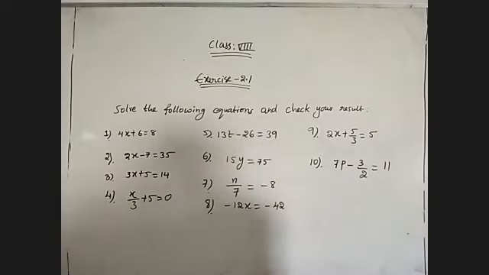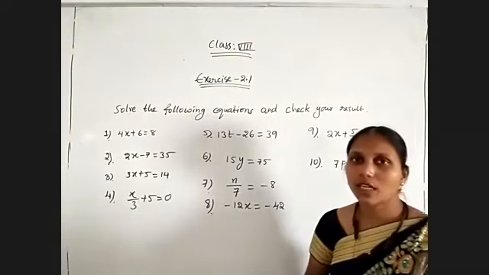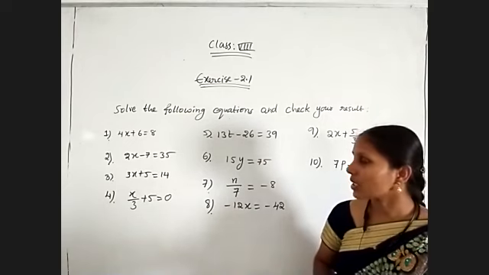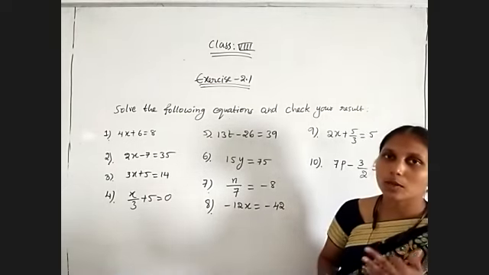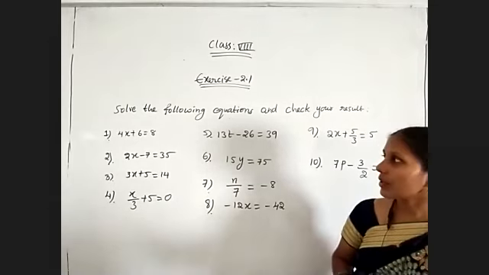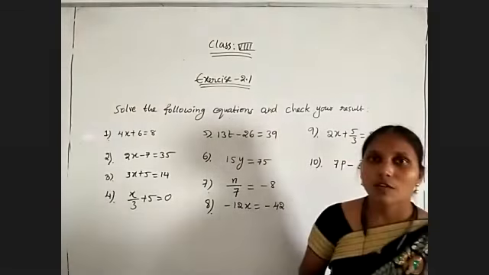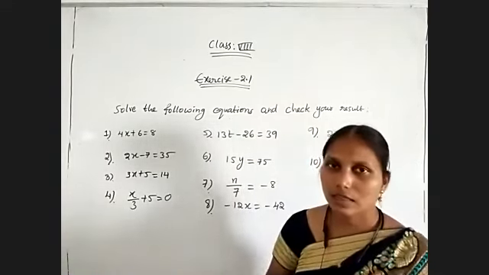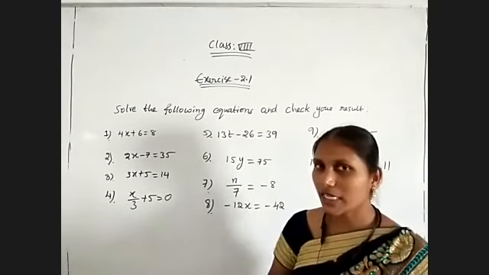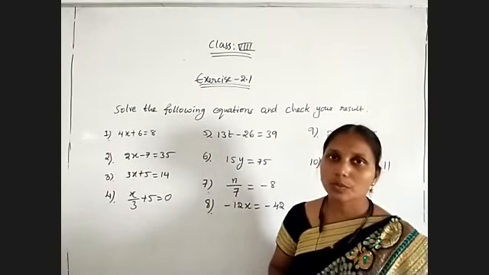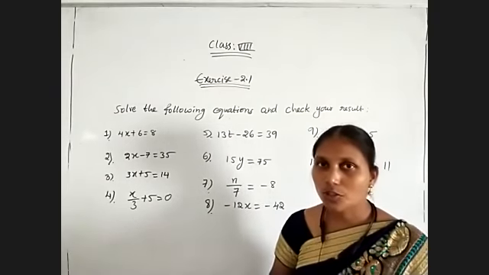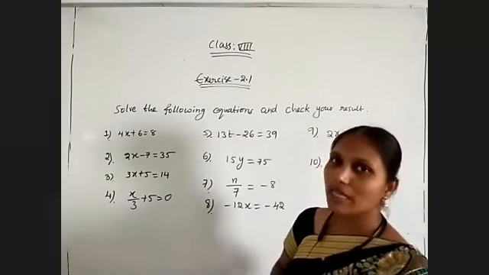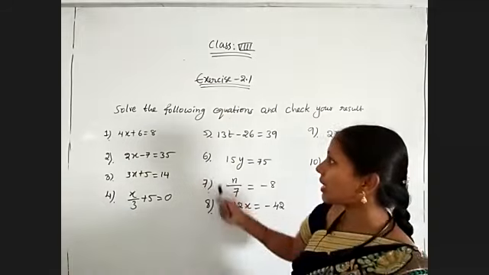Whatever method you want to follow, follow. We have 3 methods: the trial and error method, the transposing method, and the without transposing method. Whatever I have explained just now is all in the transposing method. So you need to remember, whenever you are transposing one term to the other side, these rules: when plus is transposed, we write it as minus, and minus should be converted to plus. Multiplication should be converted to division, and division should be converted to multiplication. So like these 4 mathematical operations, we have to apply on equations.